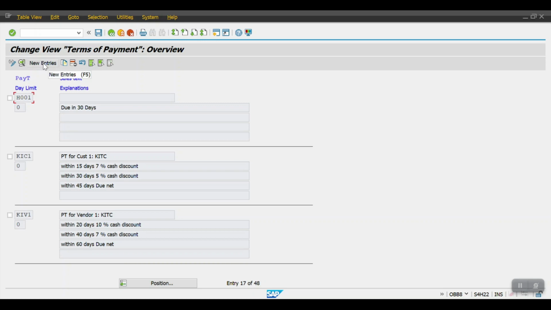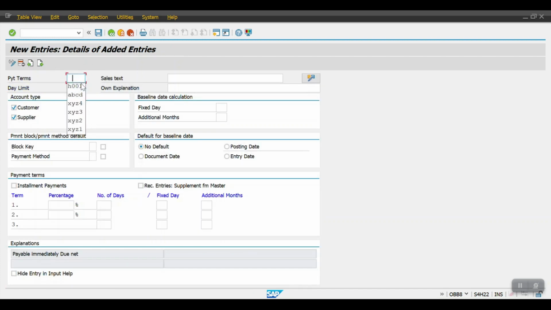So here I am creating the new entries, H002, 60 days here, and here clicking on payment document date, and then here enter the 60 and save it,